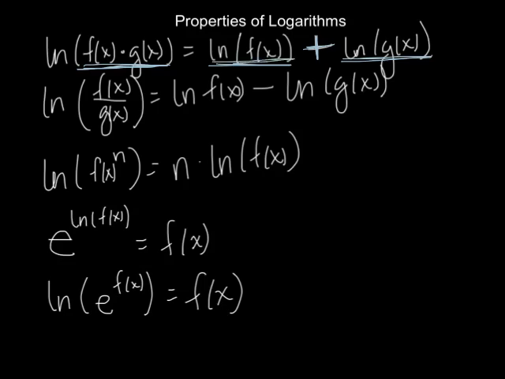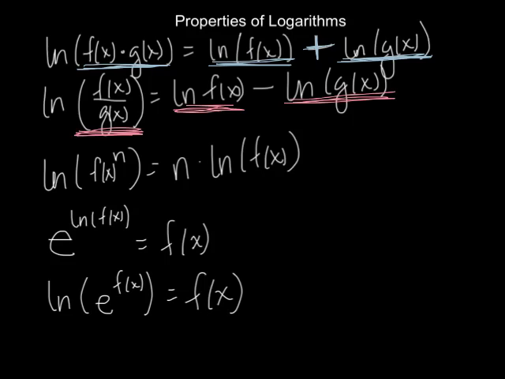So that property carries over to natural logarithms because, like we said, it really is asking for what is the exponent on the base that we would need in order to get f times g. So the way that exponents work helps us figure out these properties of logarithms. Similarly, if we have the ln of f divided by g, so the logarithm of a quotient turns into a difference of logarithms. Again, similar to the way exponents work. If you have x squared over x cubed, you subtract the exponents. So in the same way, the log of a fraction turns into a difference of logarithms.